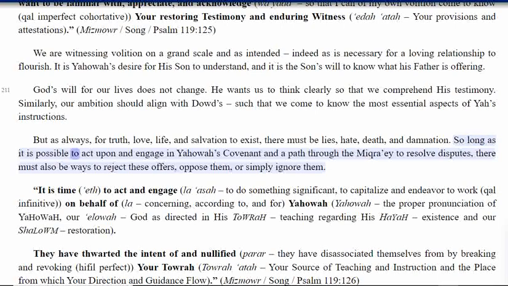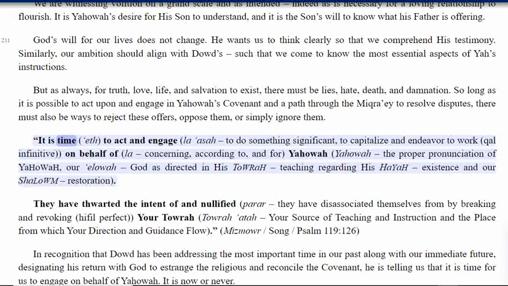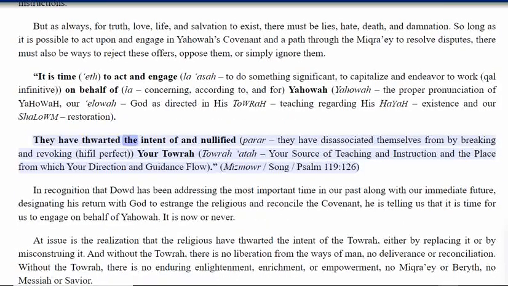So long as it is possible to act upon and engage in Yahowah's covenant and a path, through the Miqra to resolve disputes, there must also be ways to reject these offers, oppose them, or simply ignore them. It is time to act and engage, to do something significant, to capitalize and endeavor to work, Kal infinitive, on behalf of, concerning, according to, and for, Yahowah, the proper pronunciation of Yahowah, our Eloah, God has directed in his Torah, teaching regarding his existence and our Shalom, restoration. They have thwarted the intent of and nullified, they have disassociated themselves from by breaking and revoking, Hiphil perfect, your Torah Otter, your source of teaching and instruction and the place from which your direction and guidance flow. Mizmowr, Song, Psalm